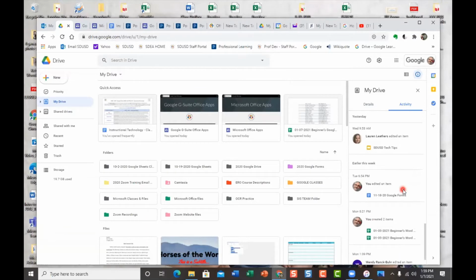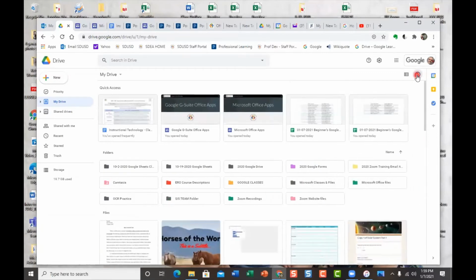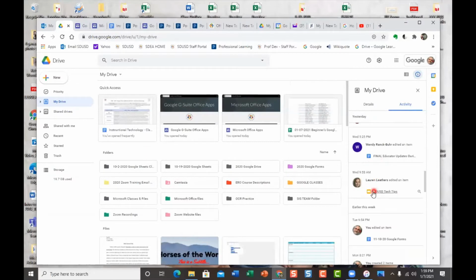And if at any time there's something that I need to see from one of my colleagues, whatever, in the ed tech department was working on this, I could click on it right here and I could go to it. I'm not going to do that right now, but that's amazing. And where'd that come from? Right up here. It's this information button that Google has all this information and it's got it down to the